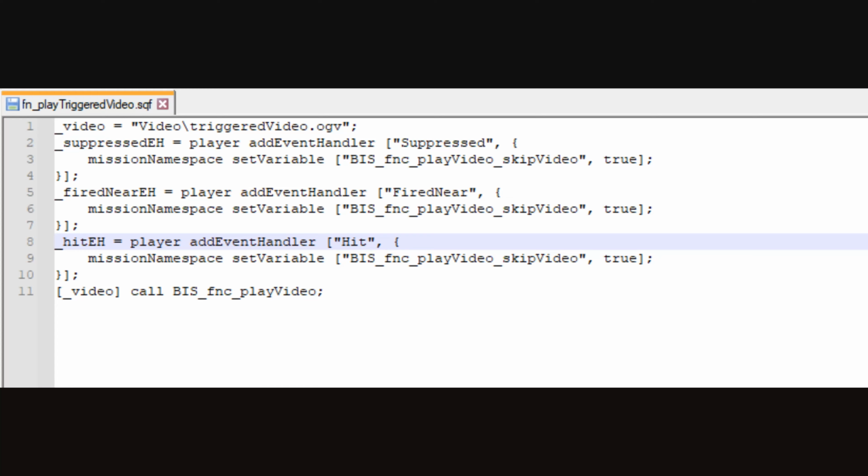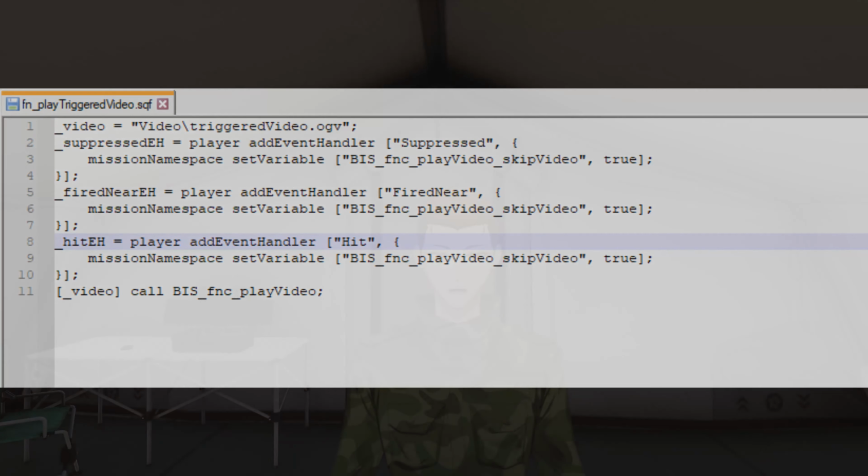_hitIH = player addEventHandler ["Hit", {missionNamespace setVariable ["BIS_fnc_playVideo_skipVideo", true]}];